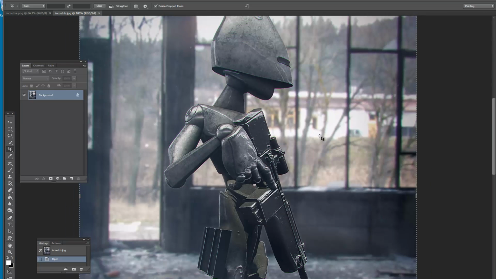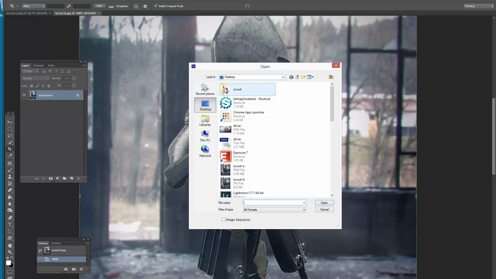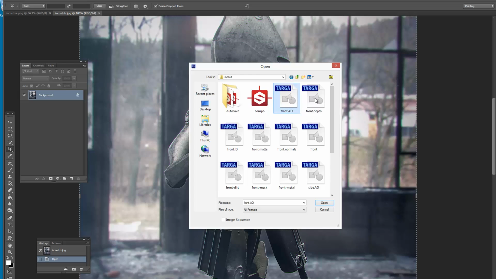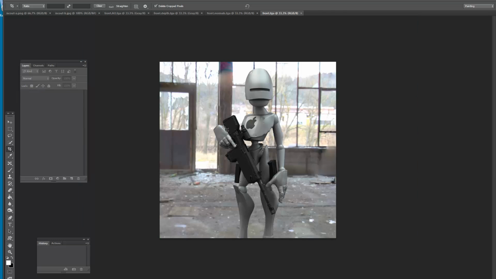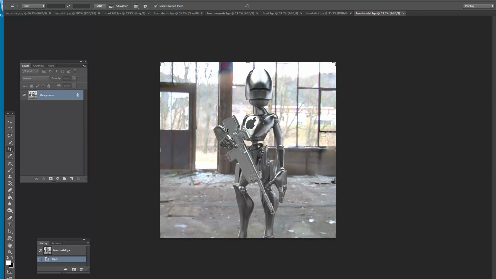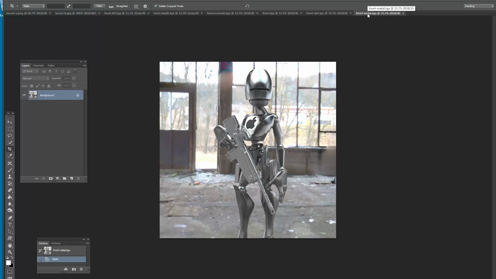To do that, I will go in Redshift and render a couple of passes, simple stuff. Let me show them to you. Here in iScout, those are the passes I created: front matte, front normal, front dirt, front mask, front metal, and front. Okay, those are the passes, and as you can hear, that's my cat, and he's about to walk on my cube. No, he's not. Okay, what I did render: the dirt pass,